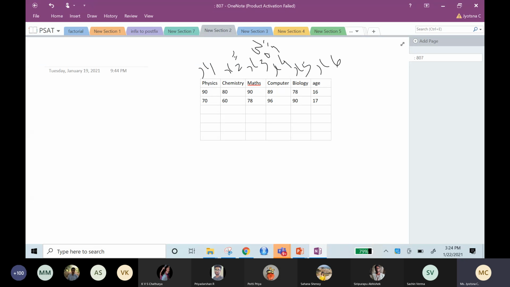And negative, you have seen negative weights. Sometimes we give a negative weight because that value means the student should not be taken for admission. For example, if their age is increasing, age 20 and above, in that case they should not be taken for admission, so I should give some negative weightage. So that is the weight. You should understand what the weight is and what the input is.